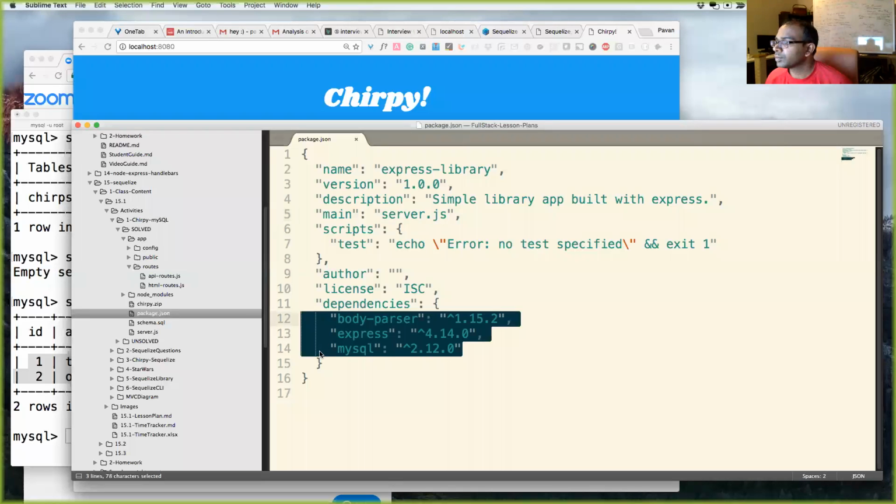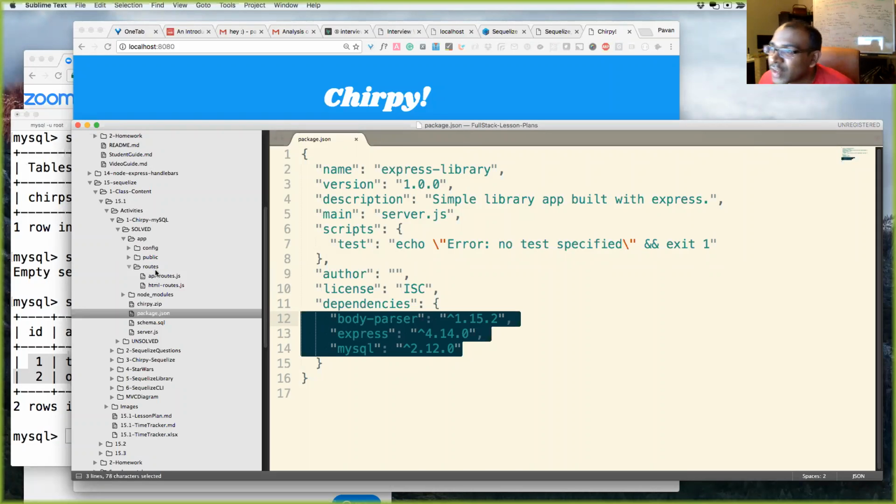That way, for example, if you're putting this up on GitHub and I pulled your repo down, or I cloned your code there, all I have to do is just run npm install, and it's going to install body-parser, express, and MySQL, so I don't have to manually type them. Yeah, you're exactly right. It's gonna allow people to pull down my code, and when they run npm install, they're gonna get the exact same packages, the exact same version numbers that I have, and we can work together harmoniously. Excellent. What's your name? Limbert again.